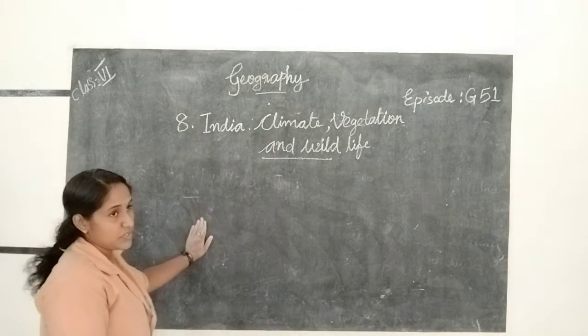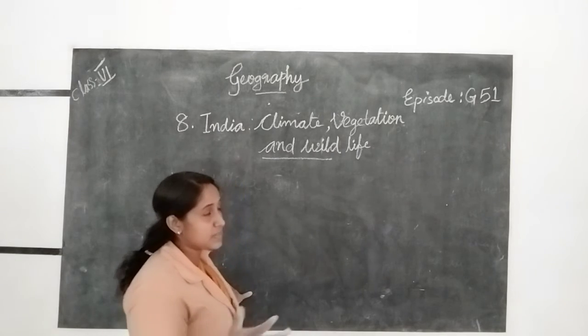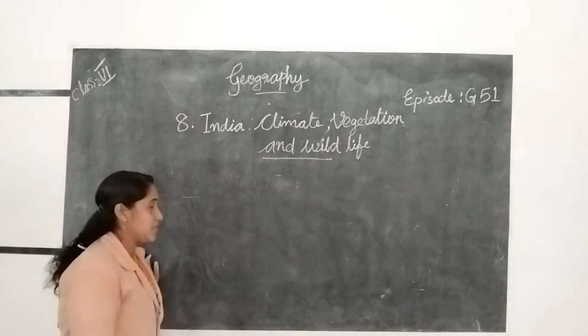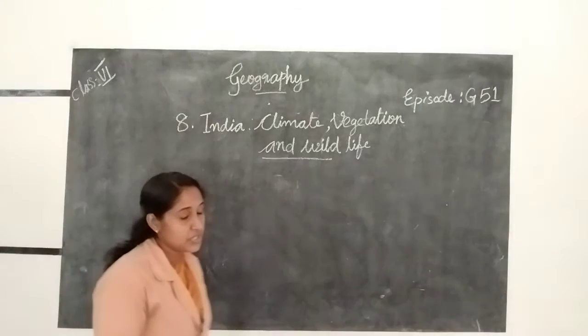What do you mean by natural vegetation? It's full of all sorts of trees, herbs and shrubs, and animals are included in natural vegetation. And the kinds of natural vegetation, based on this natural vegetation, we have 5